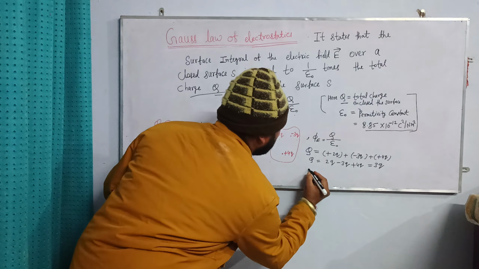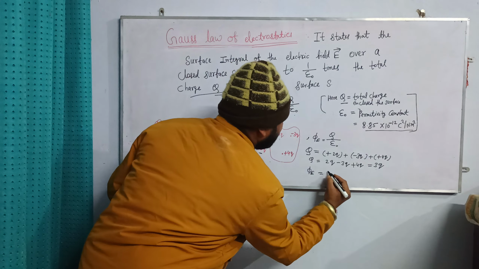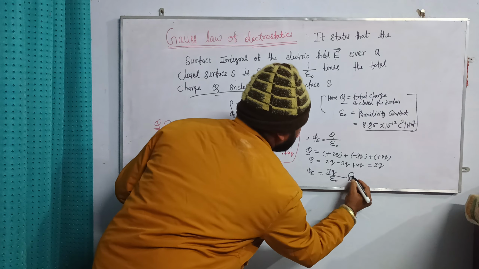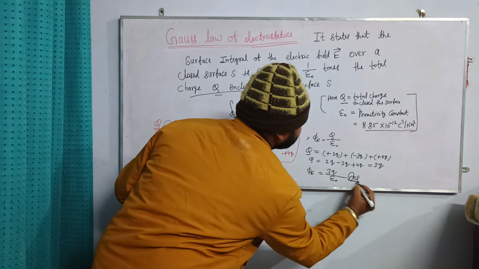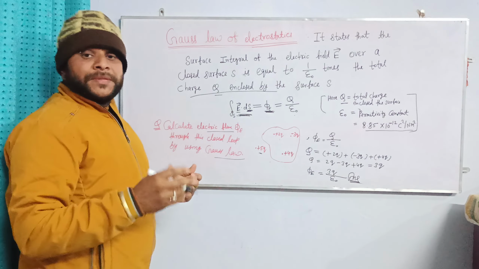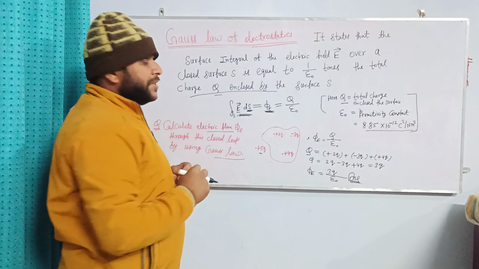So the value of phi E, electric flux, equals, what is the value of Q? Q equals 3q, the capital Q is the total and the small q is the unit charge, upon epsilon naught. It is the answer. If you want to put the value of epsilon naught, then you can put it down. But in a simple manner, you can give the answer phi equals 3q upon epsilon naught. A number of multiple questions like this come in the class 12 board exam, you will definitely see them in the upcoming board exam.